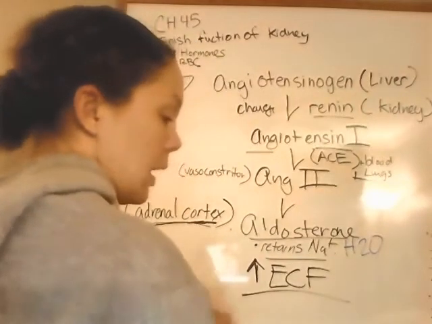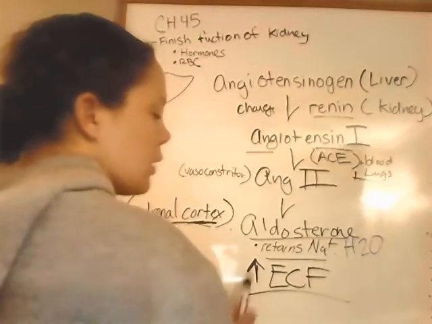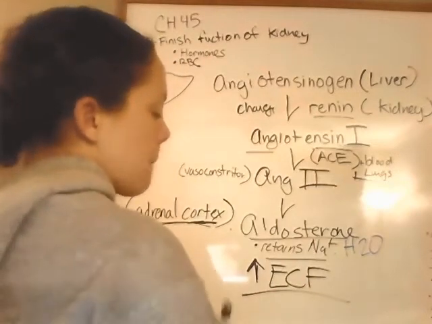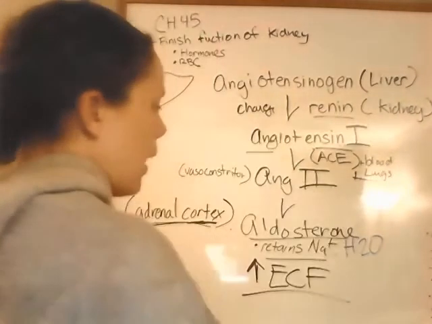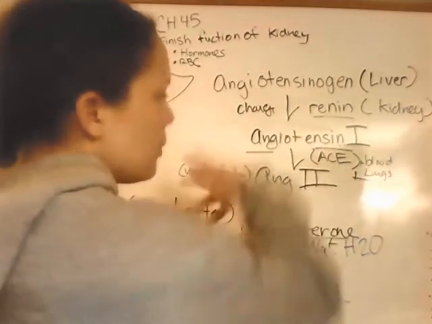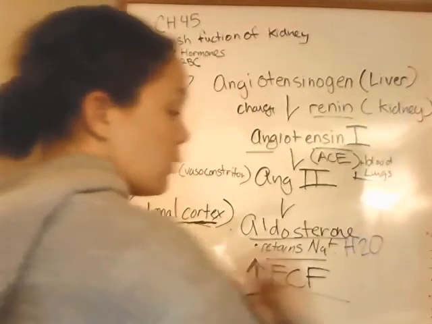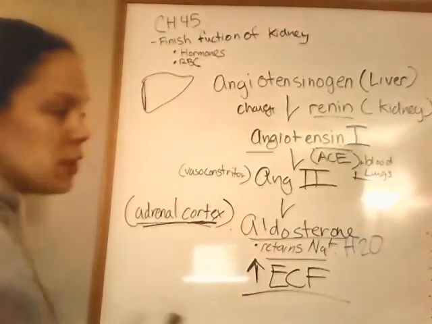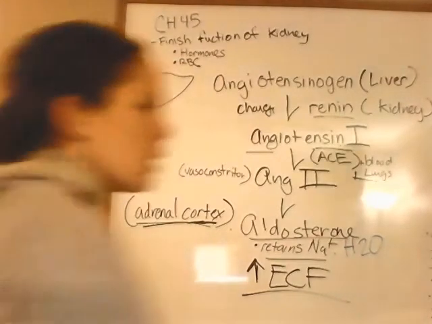What happens in the body? Pressure is represented by blood pressure. All right, so I increase the extracellular fluid, thus increasing my blood pressure. Now, if you have too much of this renin stuff or too much of these other things, that's where you get into hypertension or prolonged high pressure. Okay, so